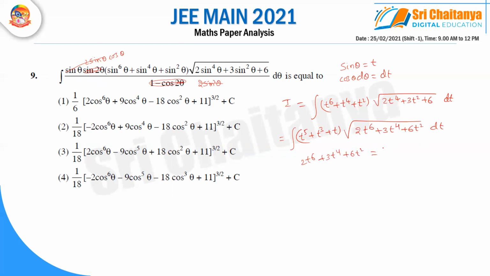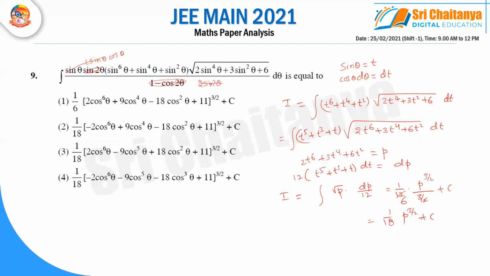it as, let us take it as p. So when I differentiate it, I will be getting 12 into t power 5 plus t cube plus t dt is equal to dp. This is our term only, you can see. So my question became I equal to integral of root p into dt, which will be dp by 12. So you'll be getting p power 3 by 2. So nothing but 1 by 12 into p power 3 by 2 by 3 by 2 plus c. So it is 1 by 18 into p power 3 by 2.